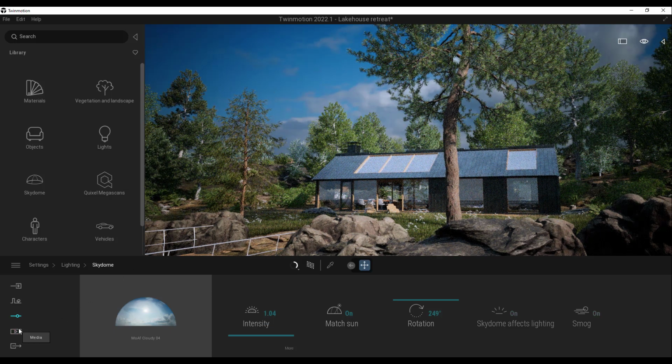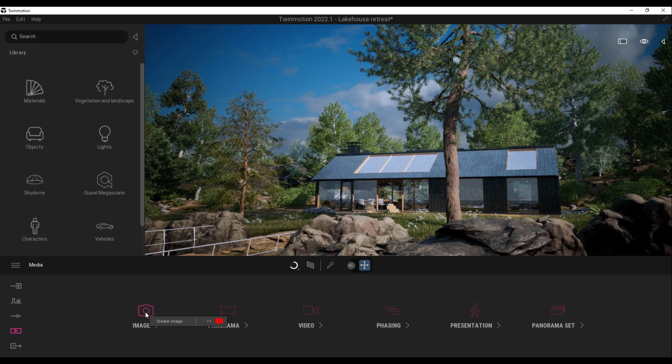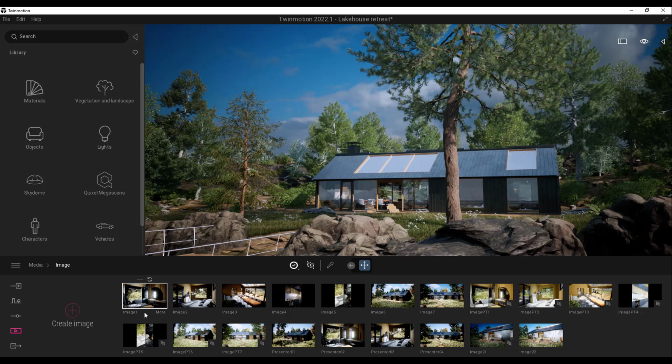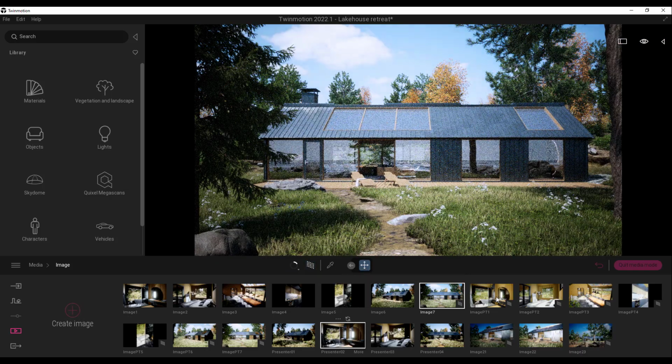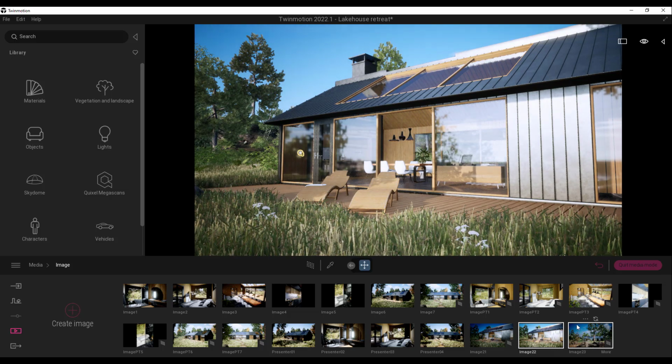You go over to where you have your media. You need to go to the image section, the video section, panorama section. It doesn't matter. Go over to this section and then make sure you have this path trace rendering active and click on the plus sign. So once it is turned on and it has this sign, it means this image is going to have path trace when rendering. Now, if we go over and select this other image that we have here, you will notice